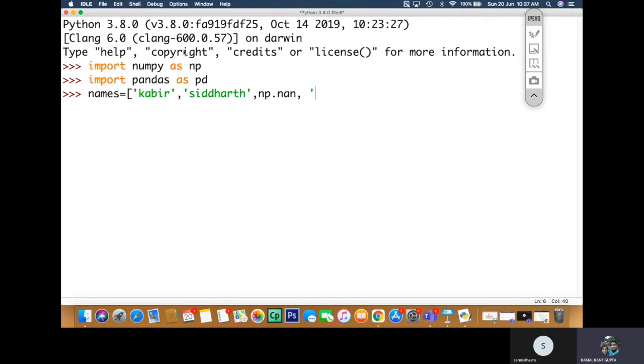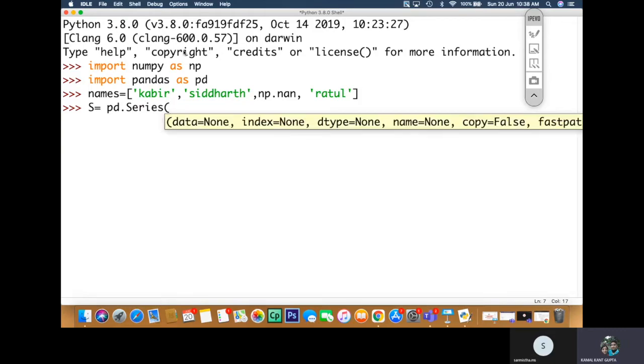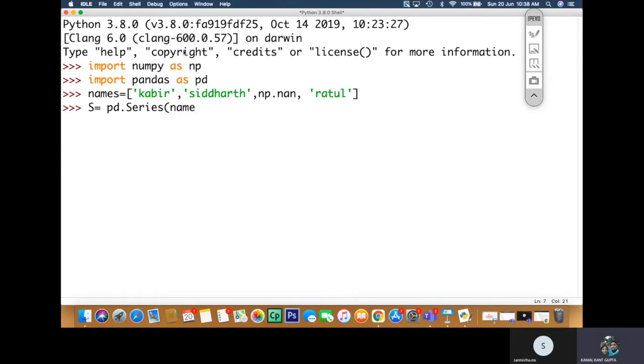Now s is equal to pd dot Series, and here I am passing names.